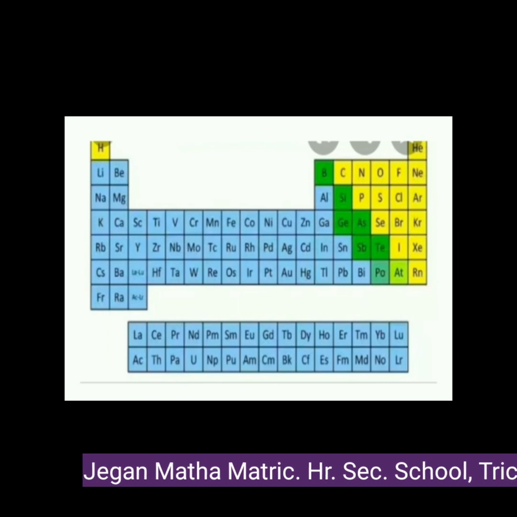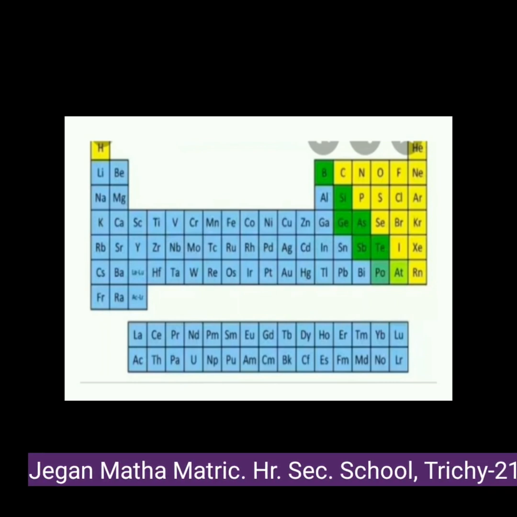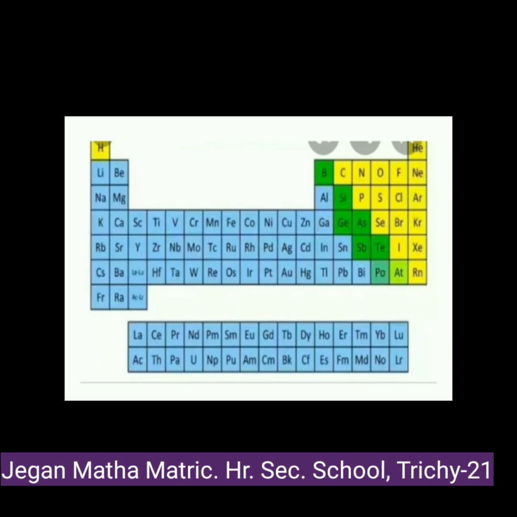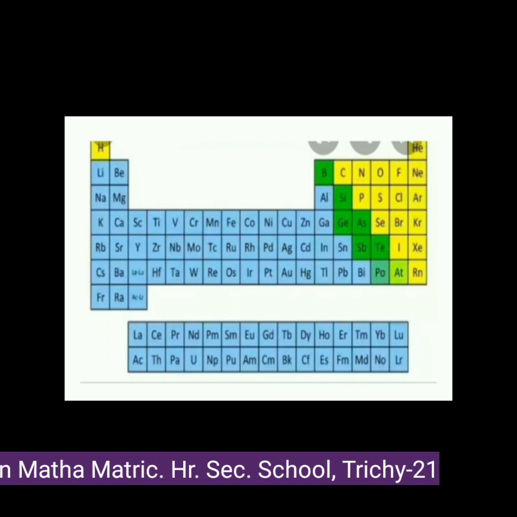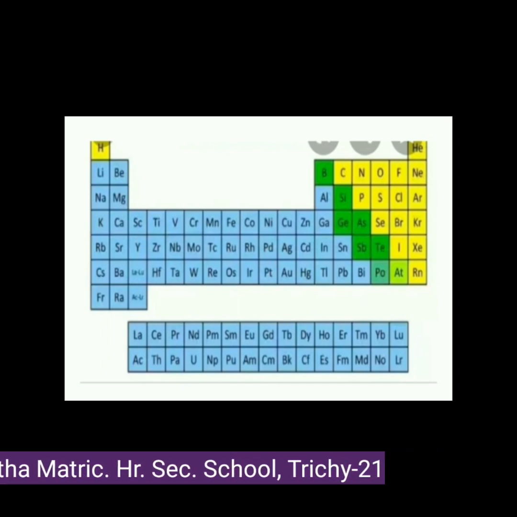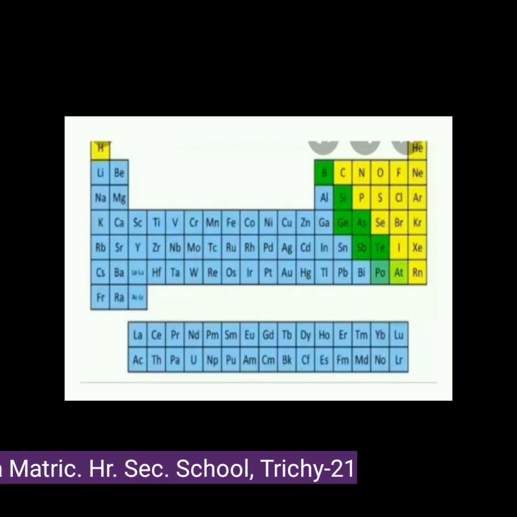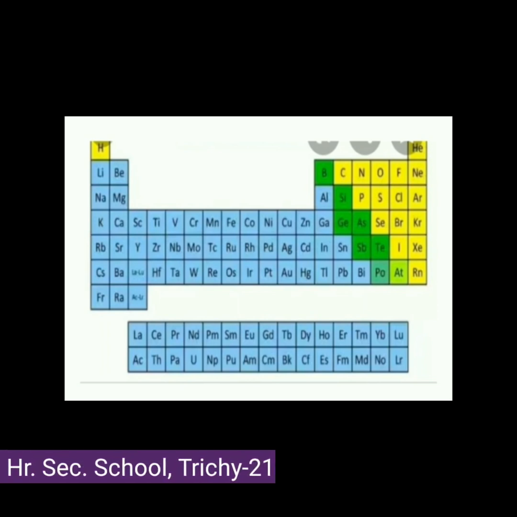Nowadays, IUPAC approves the names of elements. Many of the symbols are the first one or two letters of the element's name in English. The first letter of a symbol is always written as a capital letter and the second letter as a small letter. For example, aluminium, Al, helium, He, lithium, Li.